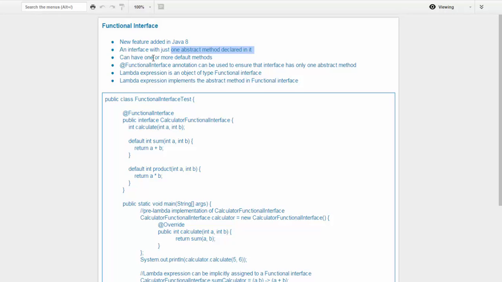However, it can have any number of default methods. Default method is again a new feature in Java 8. It allows you to have non-abstract implemented methods in an interface. You can have any number of default methods in your interface. But if it's a functional interface, then it can have only one abstract method,